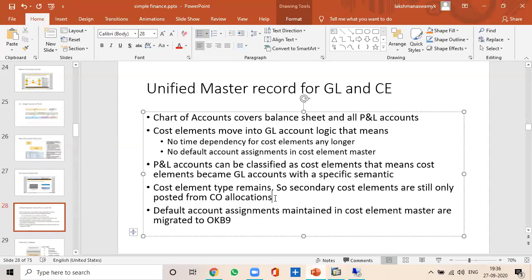But in the case of previous ECC, in the case of allocations, the secondary cost elements are also updated, but only in controlling. Because in ECC, the secondary cost elements exist only in controlling. But in Simple Finance, the secondary cost elements are also created as GL accounts. That's why the account balances of these secondary GL accounts are also updated, but